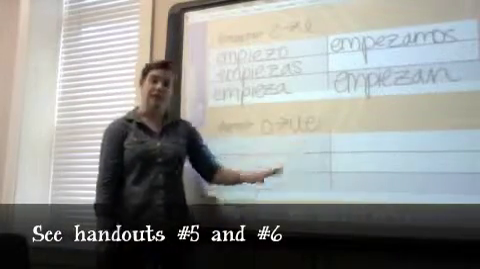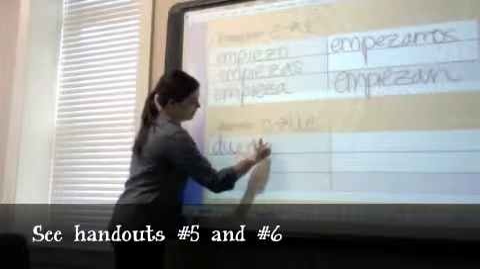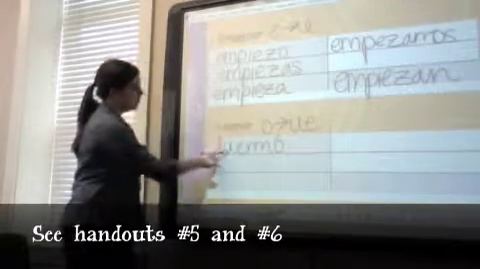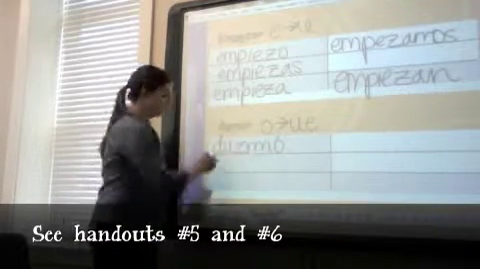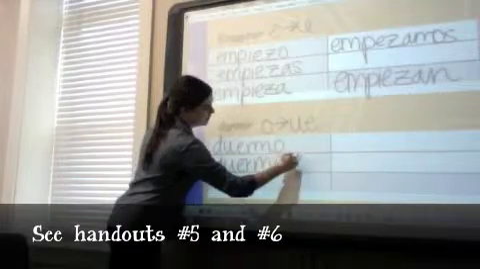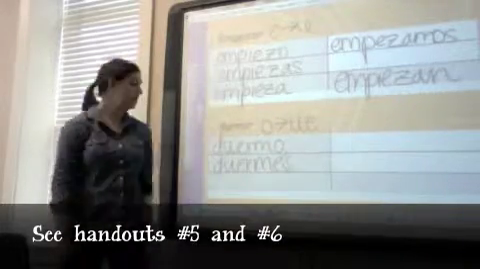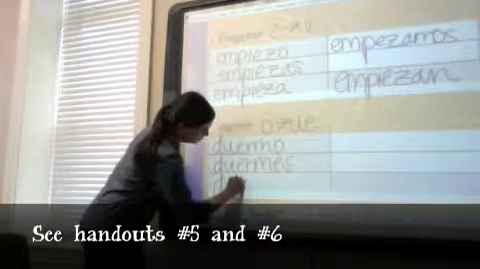Okay, so now we're moving on to dormir, which is a stem changing verb as well, but it's an O to UE example. So, for first person singular, this O changes to UE, and we add an O because that's the appropriate ending. Duermo. Following that same model, for second person singular, duermes, with an ES because that's the appropriate ending. Third person singular,